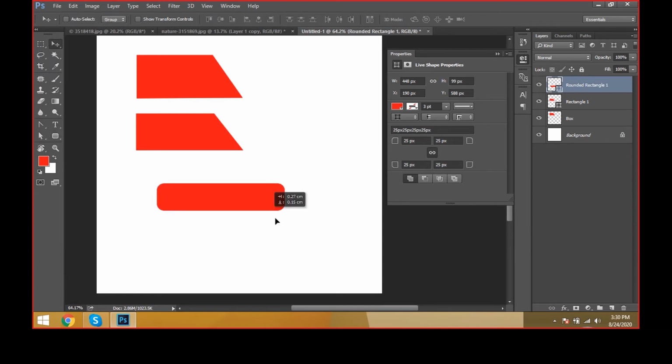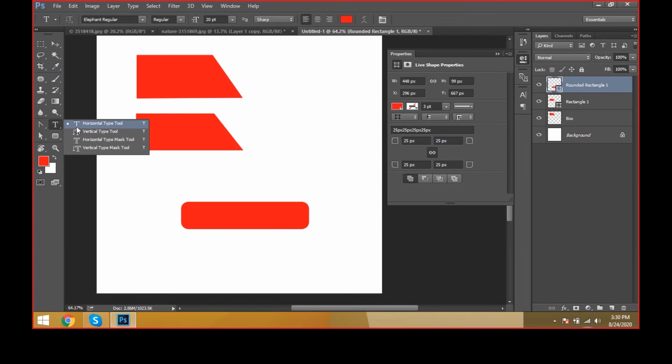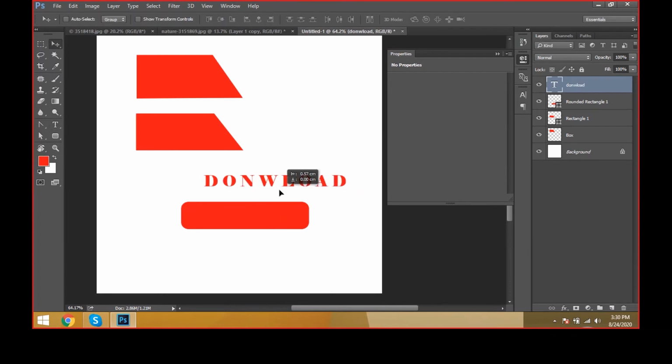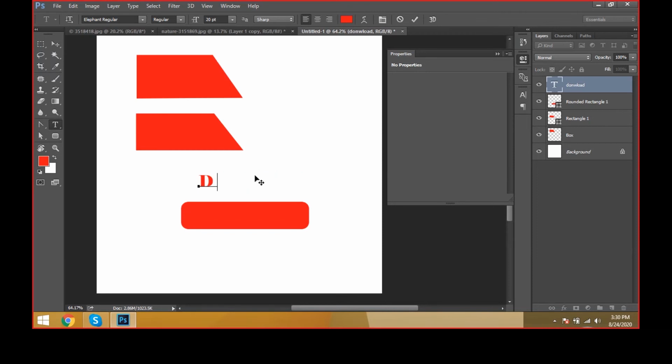And I can take the horizontal type tool, just click it here. It is a button, or I can take a download and type it like this. Like this, I can keep it.